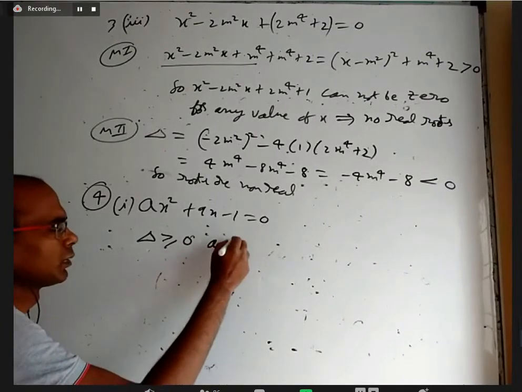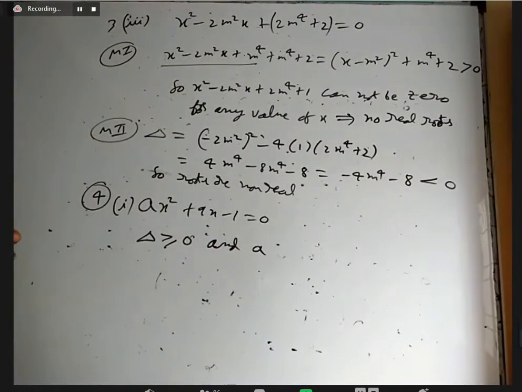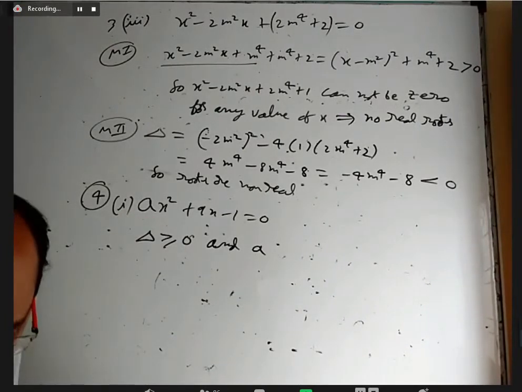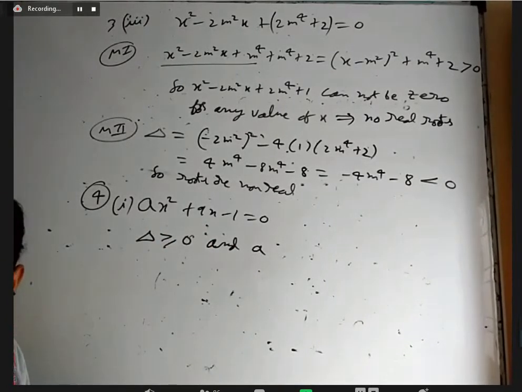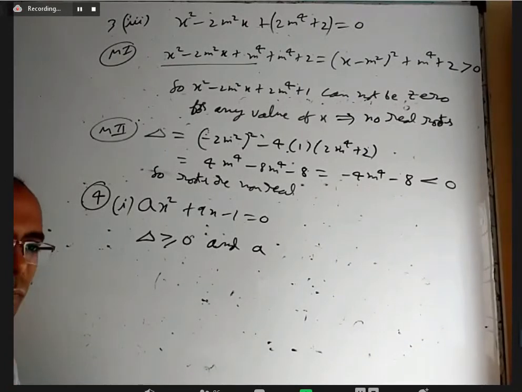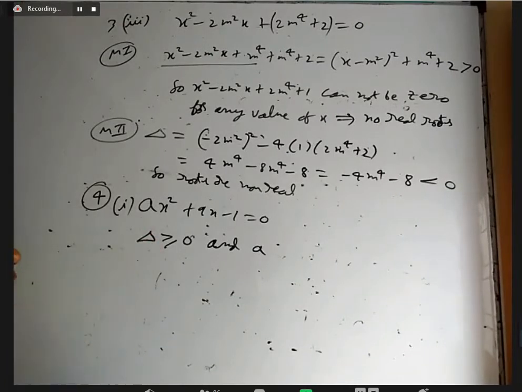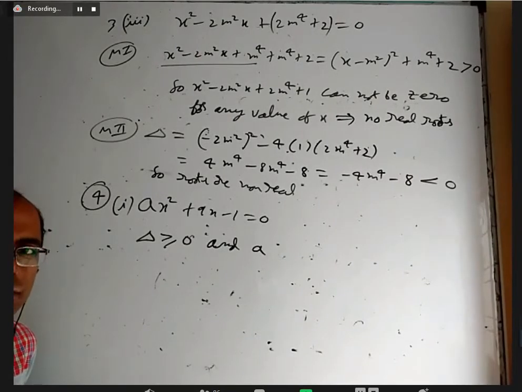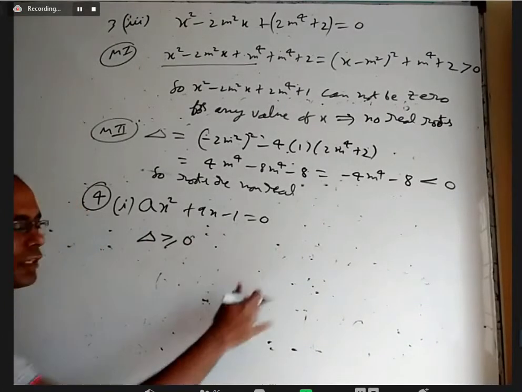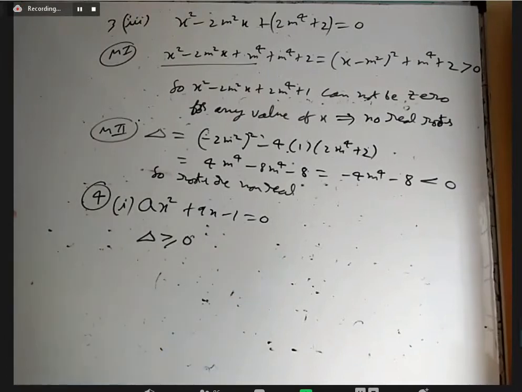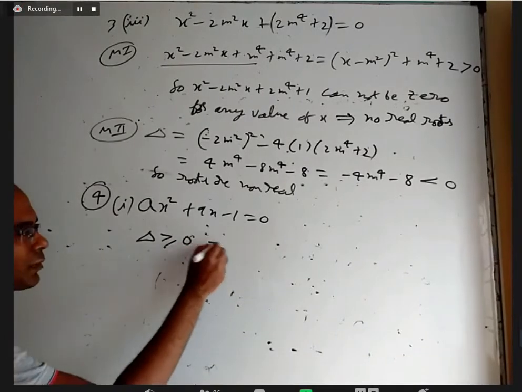And it is also important, we'll see that. But first of all, I think they should mention the quadratic equation or not. Is this a quadratic equation? ax square plus 9x minus 1 equal to 0. When a is not equal to 0, sir. Yeah. So when a is not 0, then only it is quadratic. When a is 0 also, it is not a quadratic equation, but it has a real root. What is that root? 1 by 9. Okay. So they did not mention in the question that it should be quadratic. If it is quadratic, I should have mentioned a not equal to 0. We will see that delta greater than or equal to 0 is sufficient for me.